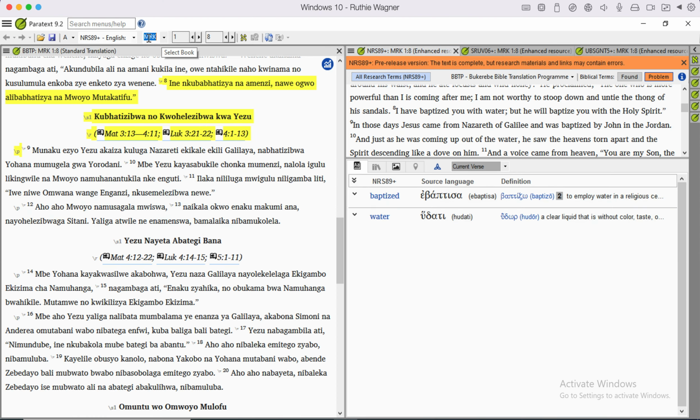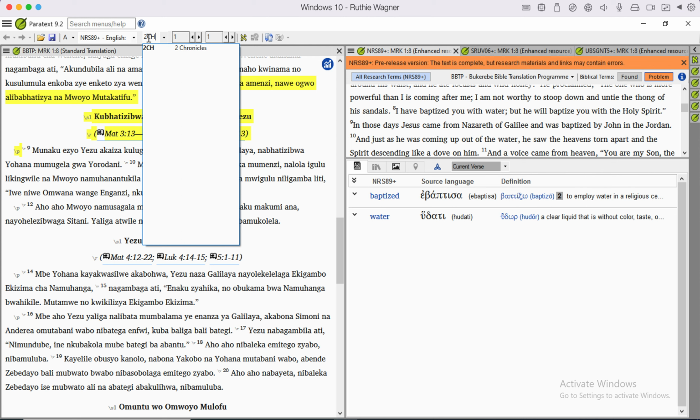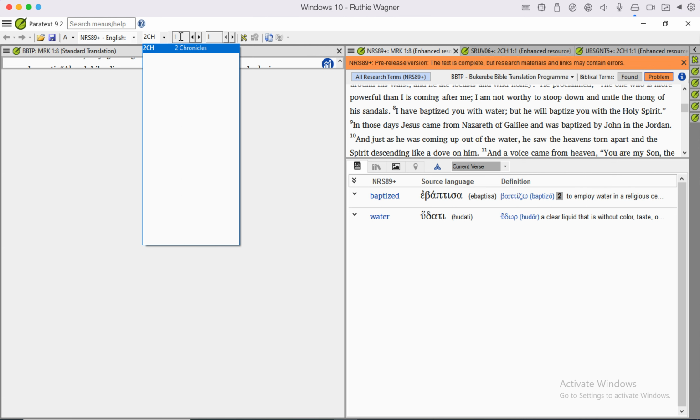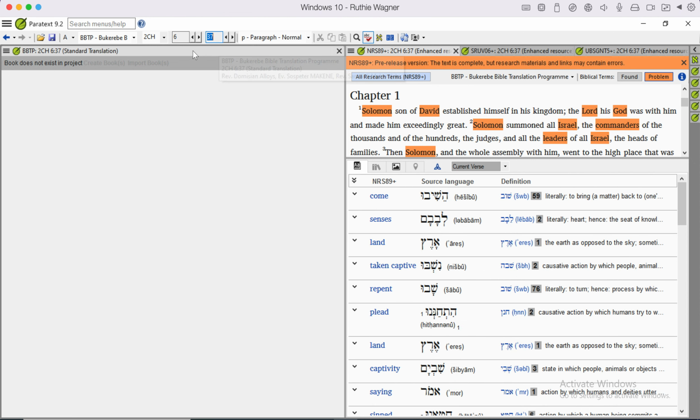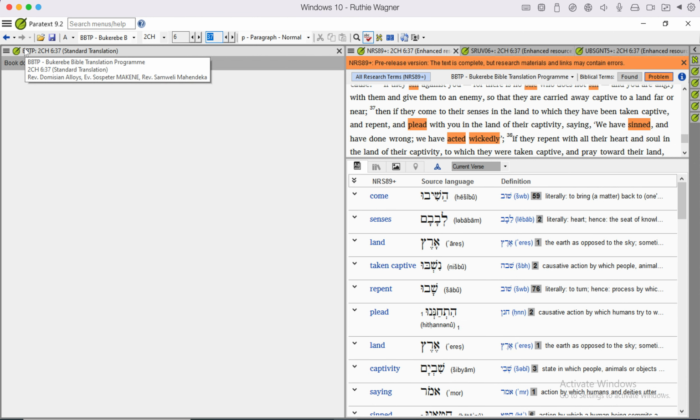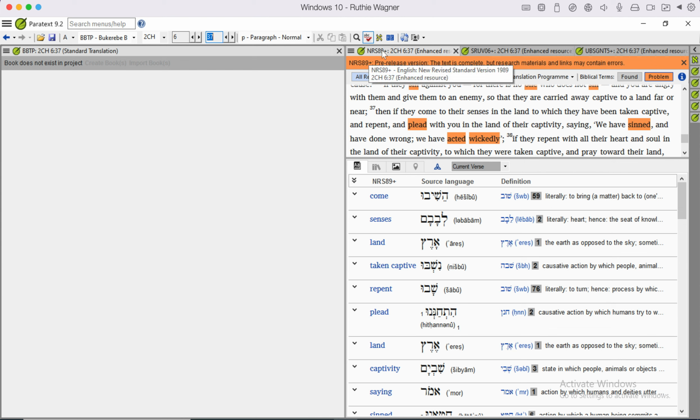So I might go to 2 Chronicles 6:37. You know, you can press the space bar. If you're in chapter, you can press the space bar and it goes to the next one. 6:37, enter. Oh, and there's no Korewe Bible for this, but I still need it for the assignment. So I'm going to look at this NRSV